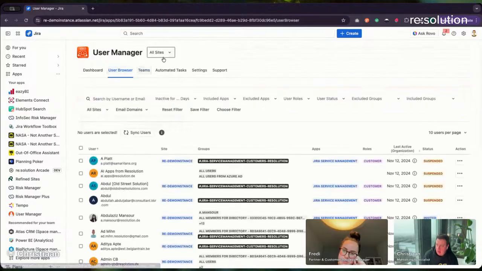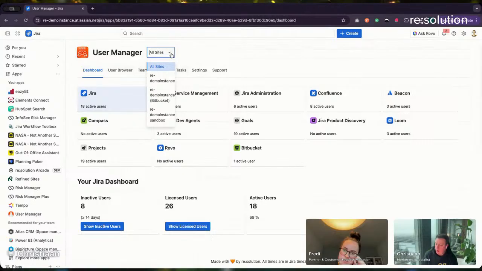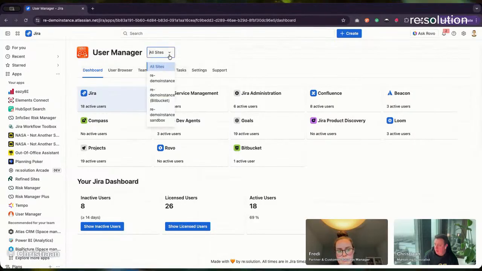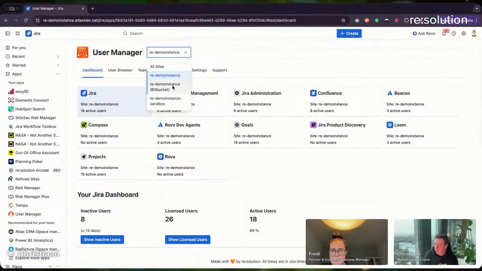Yeah, that is the quick and easy overview. What's also worth mentioning, like you saw, is that we have in the dashboard all of the products. This is now for all sites, but this app covers obviously your entire organization. So it's not something that needs to be individually installed. It will cover everything. So here you can see that we can go into a specific instance and then we